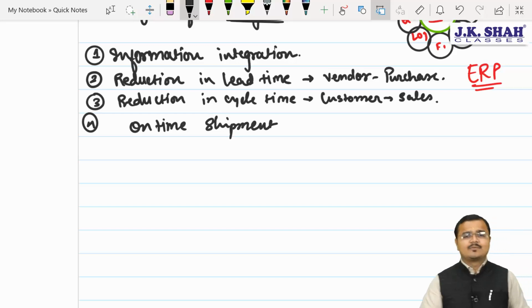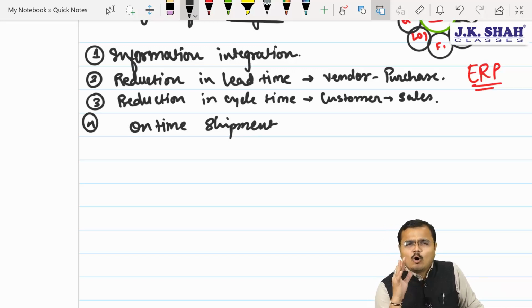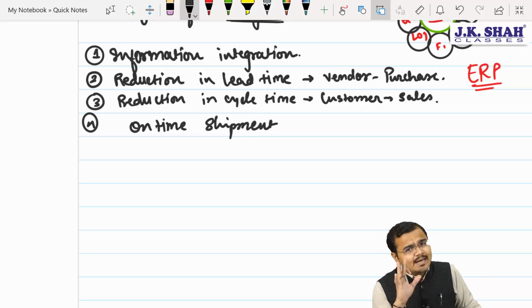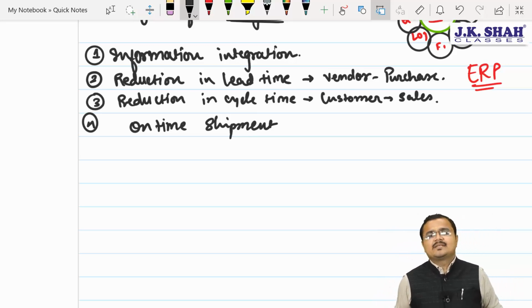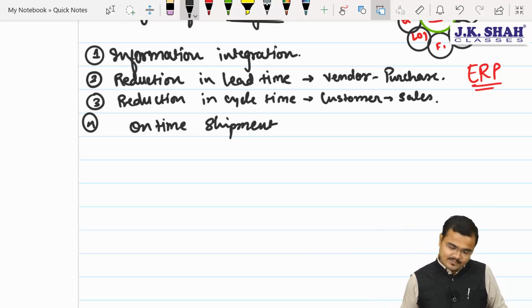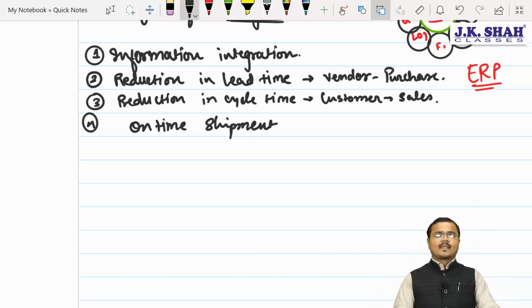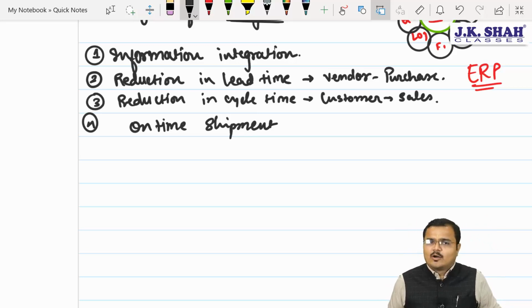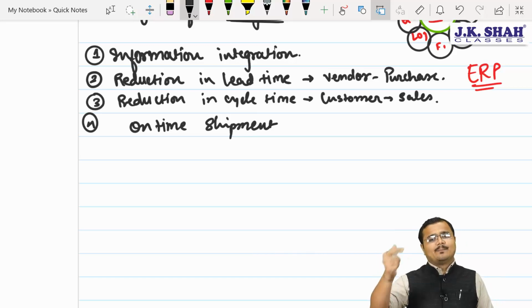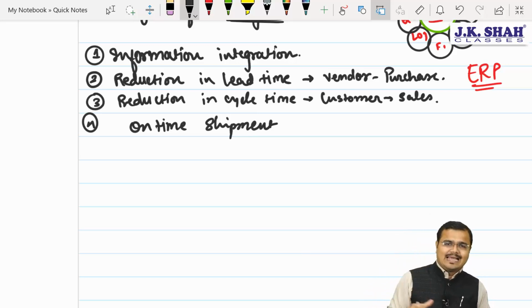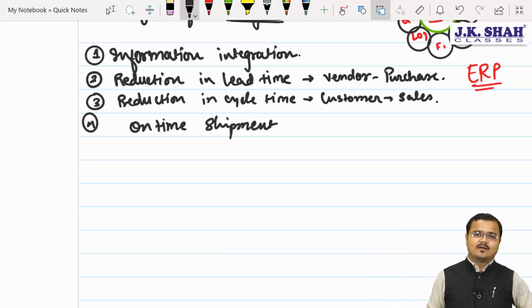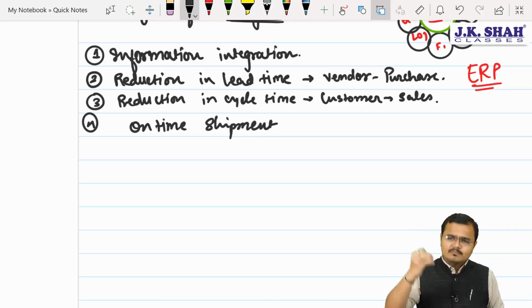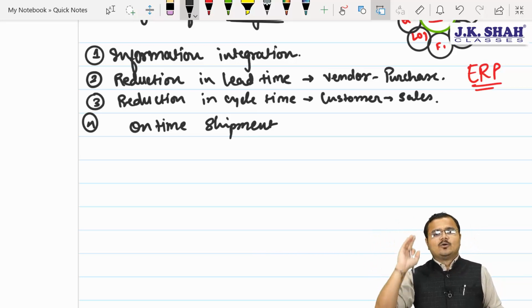Now what do you mean by on-time shipment? Say this: all the departments are working in an integrated way. Suppose Mr. B today placed the order. Immediately it will check with my inventory whether the goods are available or not. Answer is yes, goods available. From exactly my godown, I'll try to identify the location of Mr. B who had already placed the order with me. The ERP system, with its integrated system, will do all the calculations based on certain predefined algorithms. It will calculate that within 2 days or within 3 days I would be able to reach the customer.